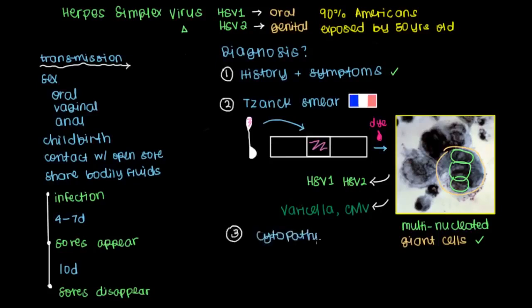But even beyond that, another test that used to be done is what's referred to as a cytopathic culture. So, cytopathic culture. I think you've heard the term culture before. I'll describe it a little more in detail below here. But the reason why it's called cytopathic is that what we try to do in this test is to take cells, or cytes, and kill them. And so that's why it's a cytopathic culture. Pathic you might recognize